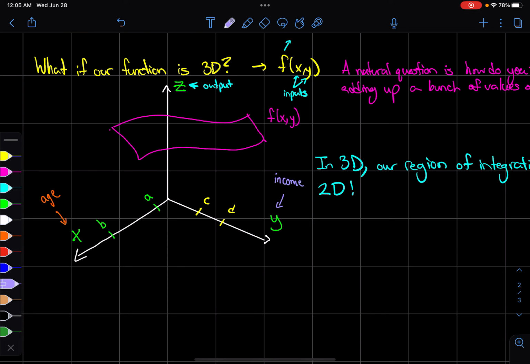Okay, and so f basically calculates the probability that you win the lottery based on your age and your income. And so if I want to ask you the question,